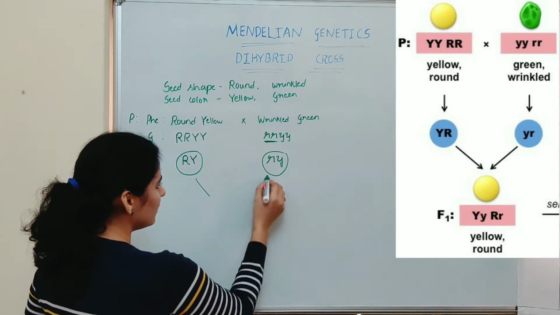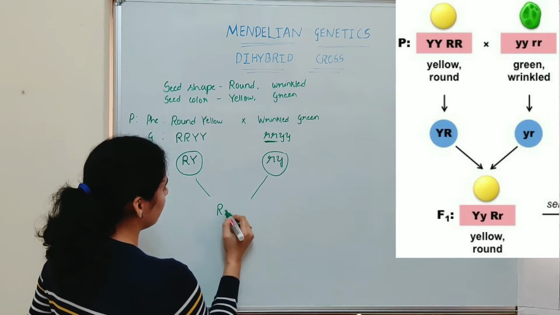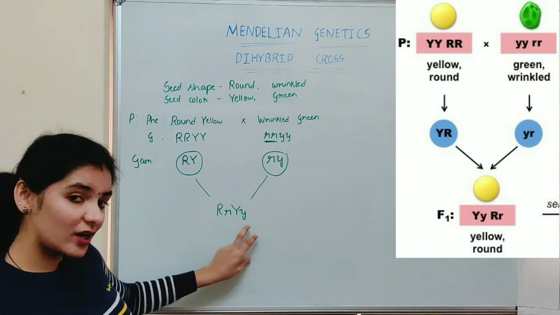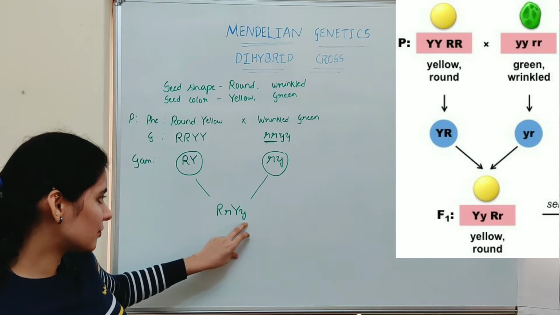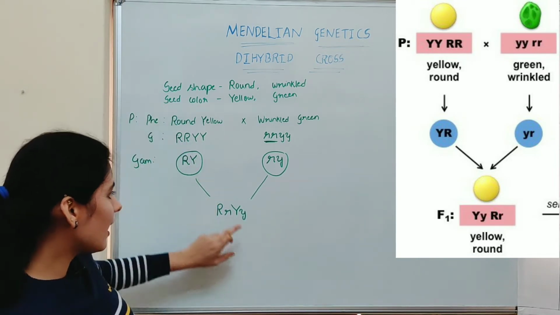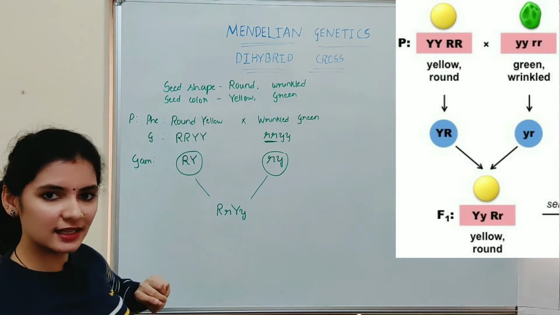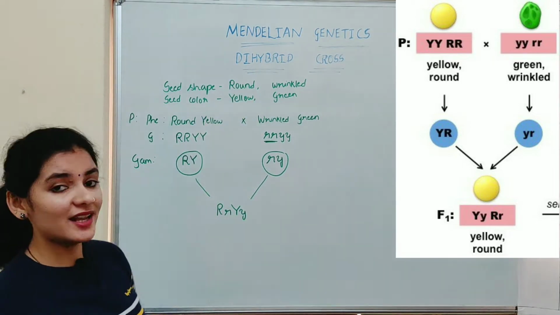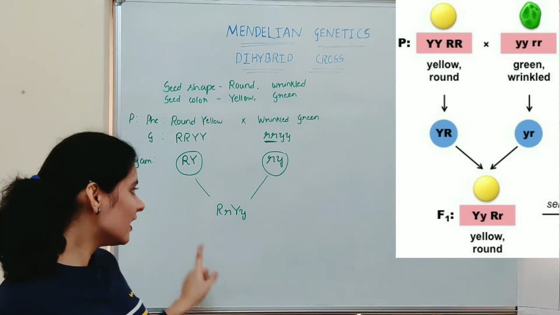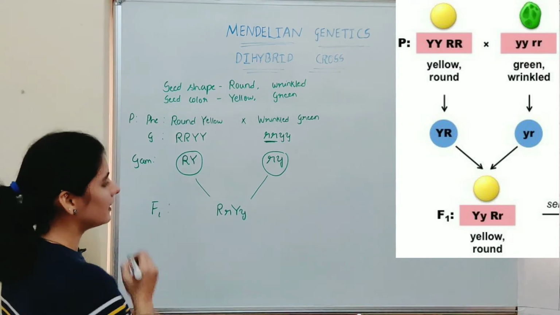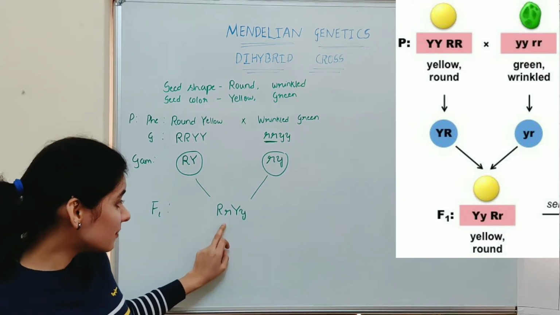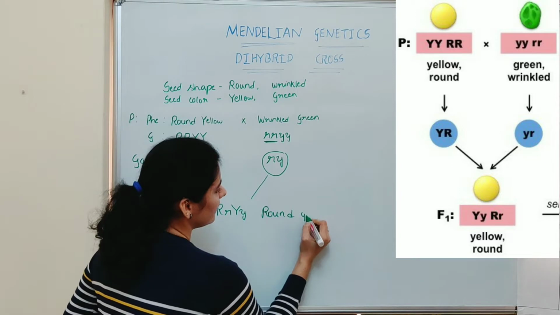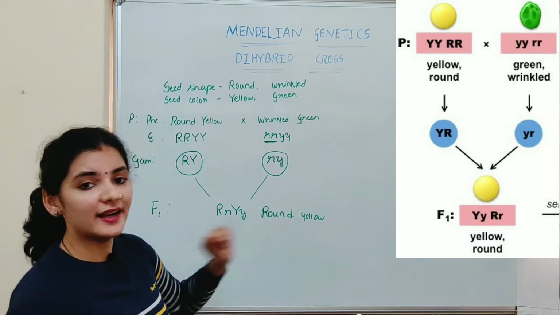So if you make a cross between these two, it will produce a dihybrid. That is capital R, small r, capital Y, small y. So why is it called a dihybrid? Because two hybrids are produced here. One hybrid for the seed shape and another hybrid for the character seed color. So that's why it is called a dihybrid, and because of this the cross is known as dihybrid cross. Because in dihybrid cross, in the F1 generation, a dihybrid plant is produced. And phenotypically, this dihybrid plant was round and yellow. So it produced round and yellow seeds